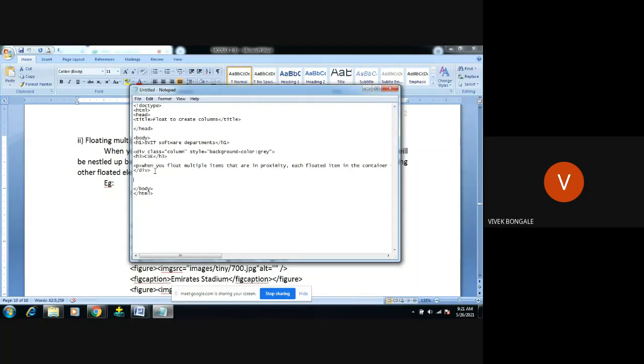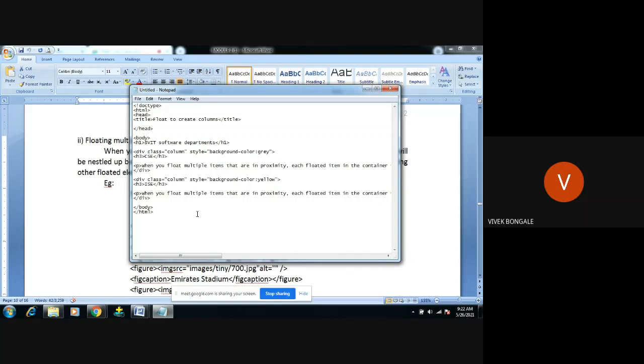So I will copy the same code and do a slight modification, because I want to display it for the IS department. I will change ISE here, and change the background color to yellow. The rest of the things I will keep the same.